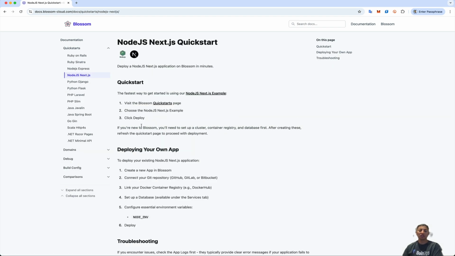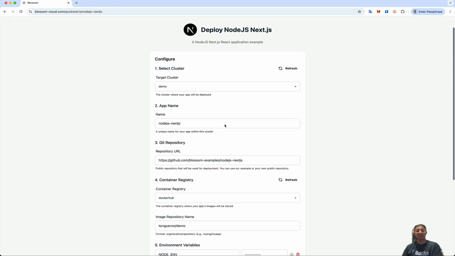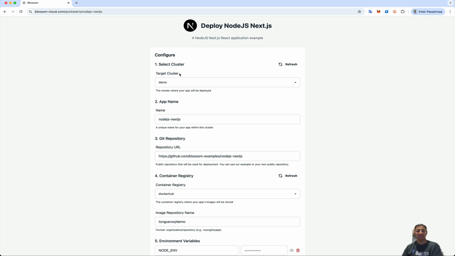So if we're gonna use the quick start, it's actually very quick and easy, but you can use your own application too. And in that case, you would just connect to a private Git repository. But I'm gonna use a quick start just to get started quickly. First, you click on the quick start page, and then you can click configure and deploy on the Next.js app,